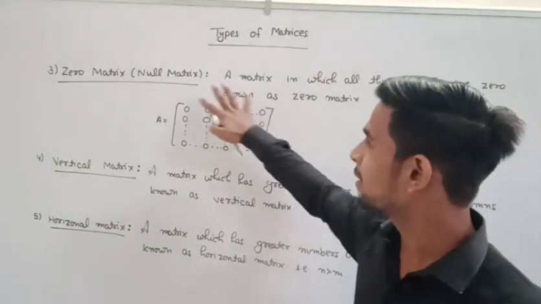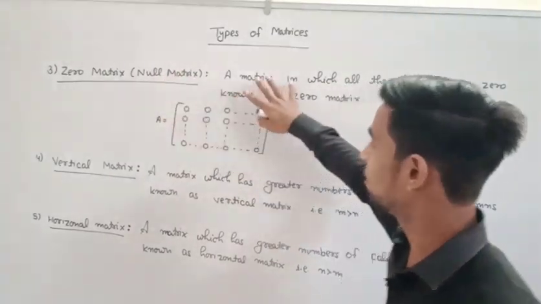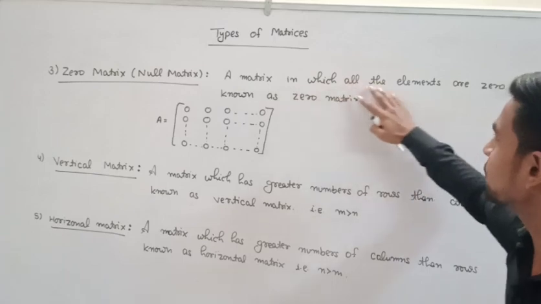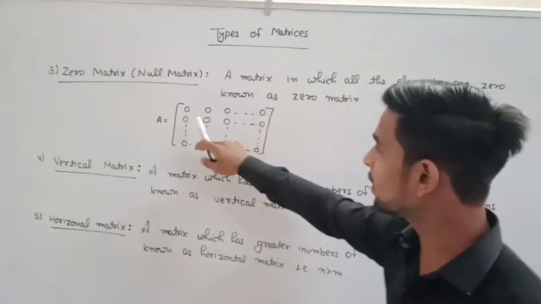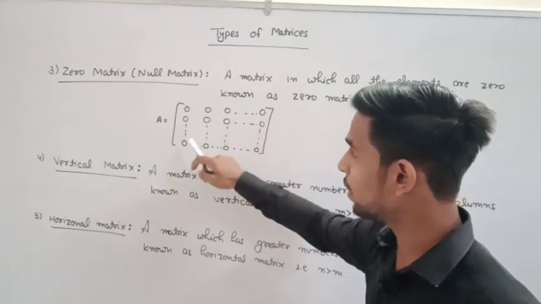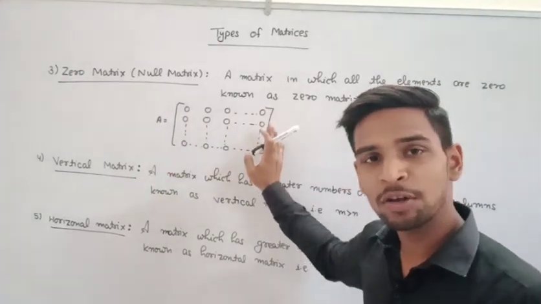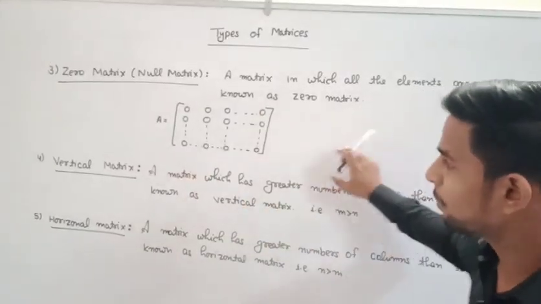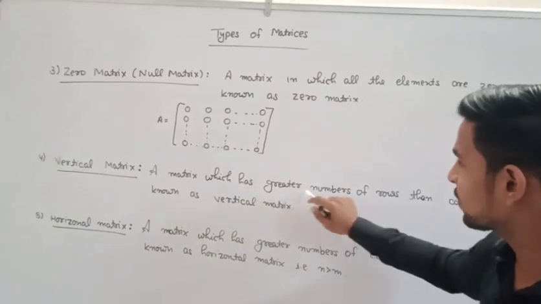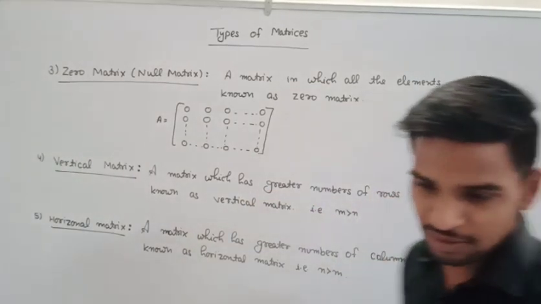The next type of matrix is the zero matrix, also known as the null matrix. What is this? A matrix in which all the elements are zero is called the zero matrix. Here we can see that every element of A is zero, so this will be the zero matrix, or it may be known as the null matrix. Next, what is the vertical matrix? A matrix which has a greater number of rows than columns. It means, if we take an example here,